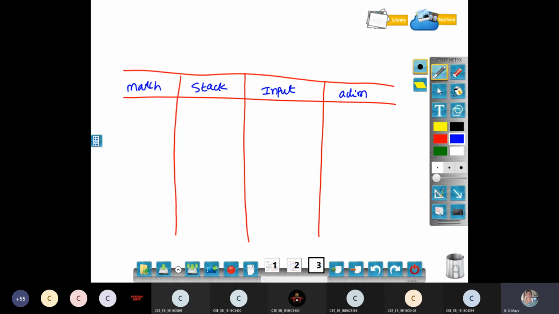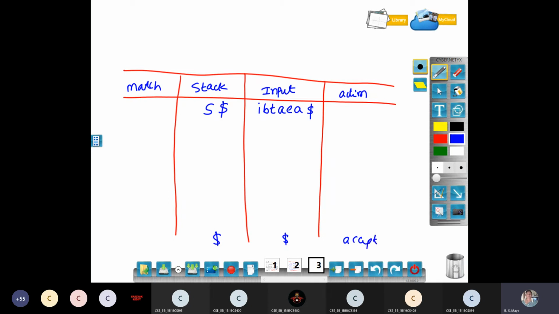When I have to parse, my given input is i, B, T, a, E, a, dollar. I am taking i, B, T, a, E, a as my input. Then the top of the stack is dollar, and above it I have the start symbol S. Now this is the initial condition. At the end, I have to get the stack with a dollar and the input also dollar. Then I can say it is in the accepted condition.